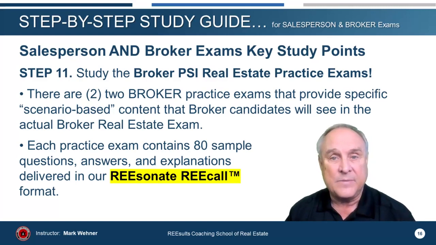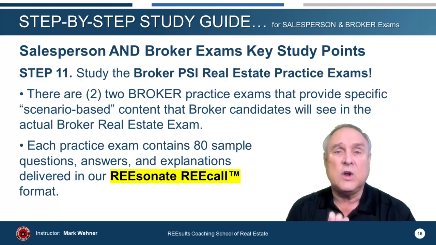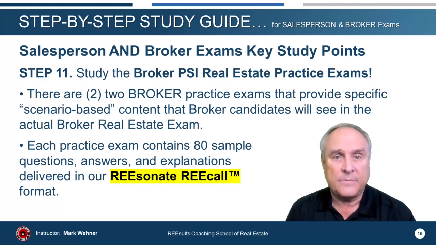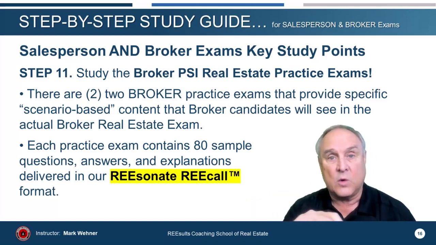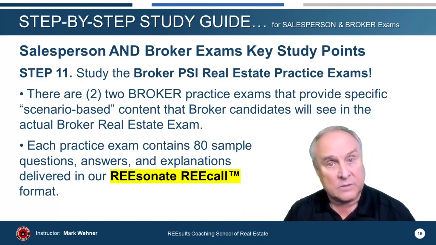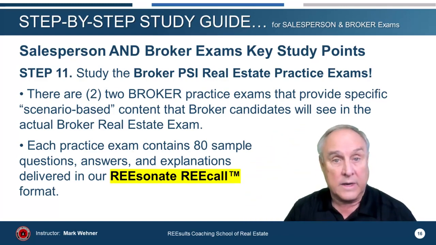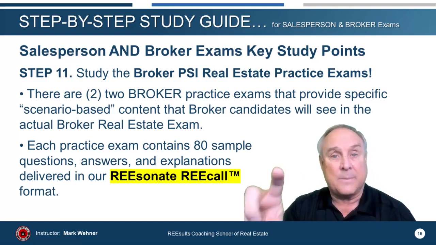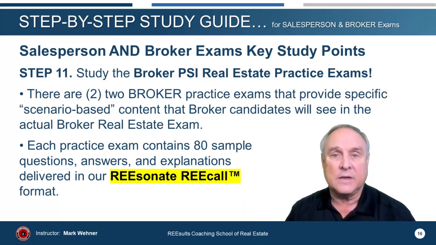Now, that being said, follow the step-by-step guide exactly. Don't cut any corners. Go through each question at least 3 times. It doesn't matter if you go through question 1 times 3, then question 2 times 3, question 3 times 3, or if you go through one entire step and then go back through the entire step again. It doesn't matter, because when you cognitively imprint, when you put that information in your head at least 3 times, you're going to be able to recall it when you need it. So that is key. Follow my step-by-step guide